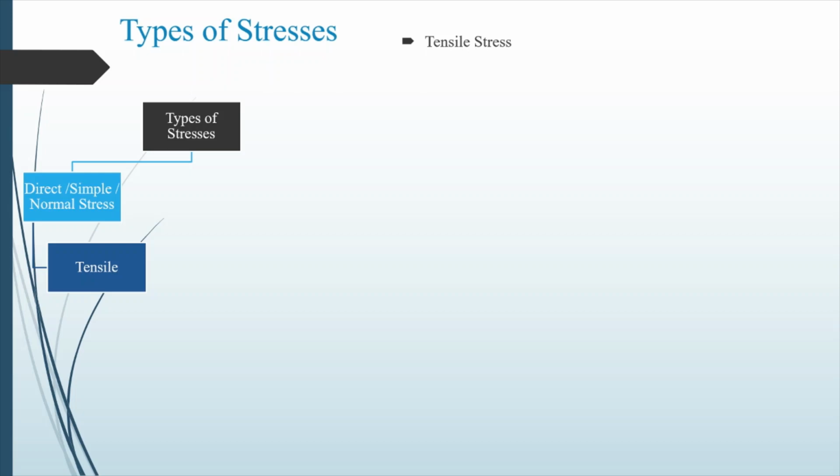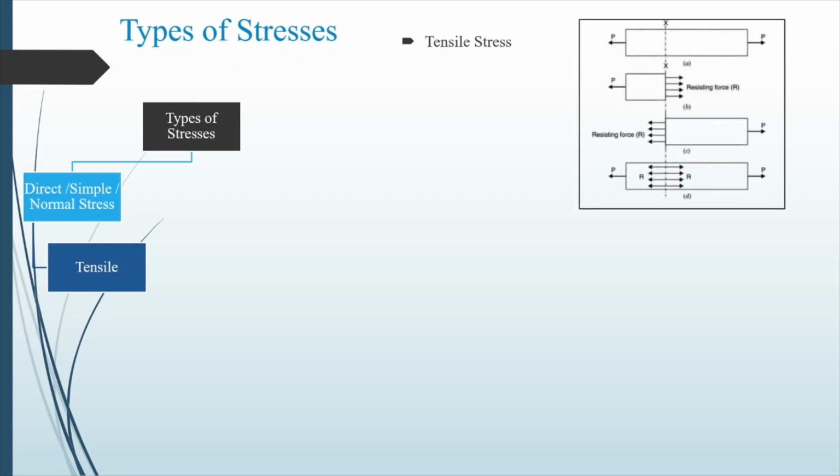So first we'll see tensile stress. As I have explained to you, the tensile stress will develop an equal and opposite force as a resulting or resisting force inside the body whenever the force value is within elastic limit. So this XX section is there. The left hand side of XX section is acted upon by force P, which will be away from the body. So inside the body also a similar amount of force will be generated, and its value will be equal to R, and within elastic limit the value of R will be equal to the value of P.